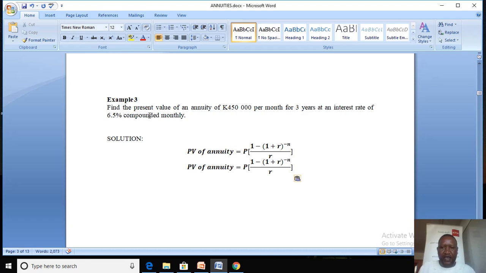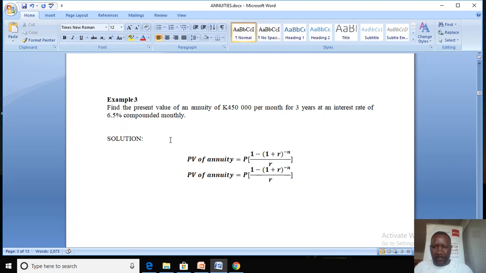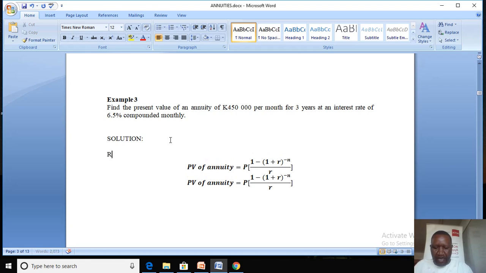And we have the rate, which is 6.5. So that R 6.5 is going to be 0.065, and because we are dealing with 12 months per year, adjust it like that by dividing it. You should have